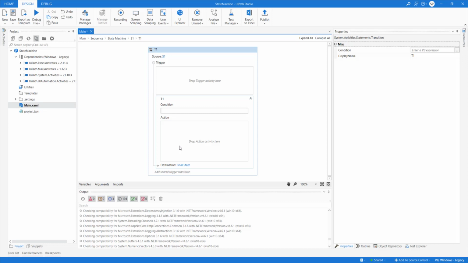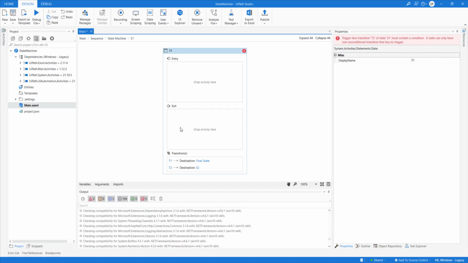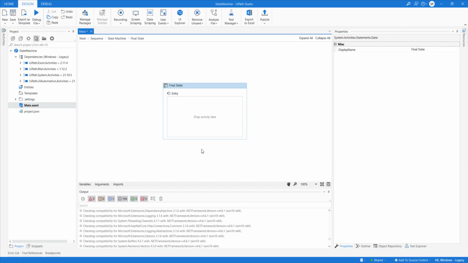Additionally, you should be able to define some action if you want to put log messages or perform certain actions. This we'll see in detail in the RE framework template. I just wanted to explain the concept of states, transitions, and entry and exit blocks. Similarly, when you go to the final state, you will see only entry, no exit, no transition. That's quite obvious because when the control reaches here, it will stop automatically. There should not be a condition to stop a bot. So it's a final state.